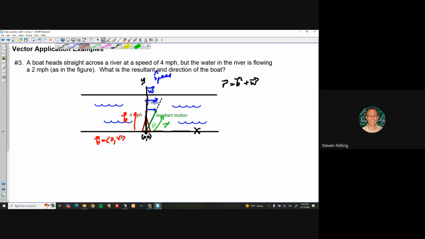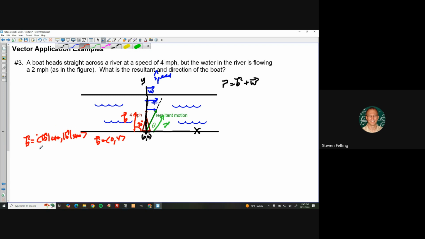If I want to have a standard way to do that, I could use the length and the angle. So what is the angle for the boat's vector? The angle for the boat's vector is, and I'm going to use degrees here. Often in vector problems, we switch to degrees instead of radians. So if I wanted to figure out its components, I could also have done this. I could take the magnitude of the b vector times the cosine of its angle. That's the x component, like r cosine theta in polar. And the magnitude of the b vector times the sine of the angle would give me the y component, like